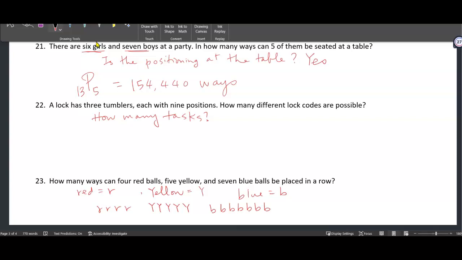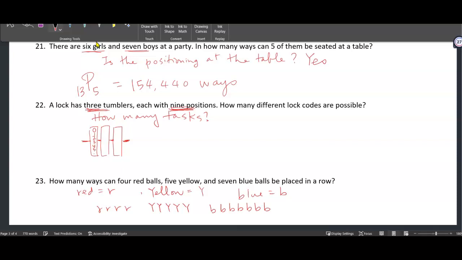Okay, and number 22, some people do get confused. Do I have 3 tasks? Or do I have 9 tasks? Okay, so it's important to know which one is the task. And I don't know if everybody saw the lock, the tumblers, that if you have 3 tumblers means you have to get the numbers to match this line here in the lock, right? Usually it's like the bicycle lock or something, and you have 9 positions that you are rolling the tumblers, right? So you have to stop at the line here,